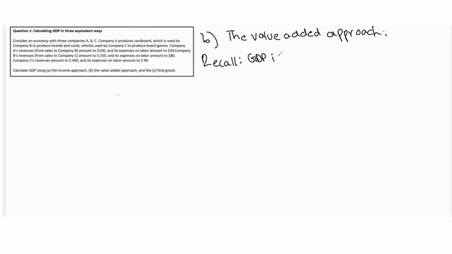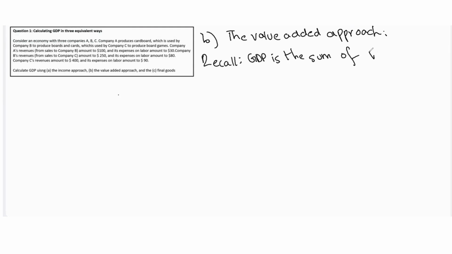We were looking at three methods to calculate GDP. We started off with the income approach. Now the second is the value added approach. Now the value added approach says that, so let's recall, this says that GDP is the sum